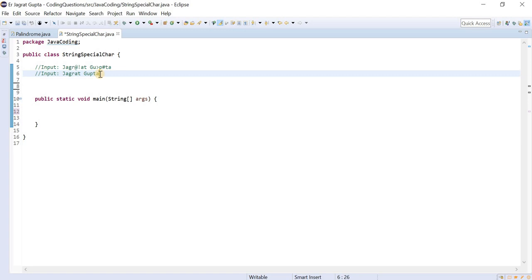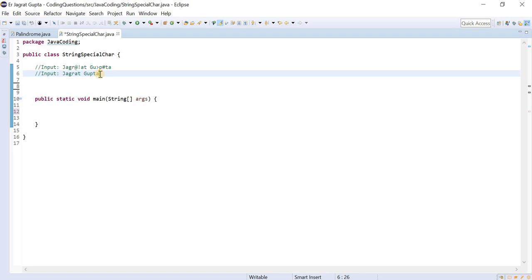Firstly, I will build the program with the help of ASCII values. Then I will tell you how we can prepare all these things. You need to learn this concept of how we can identify the special characters.